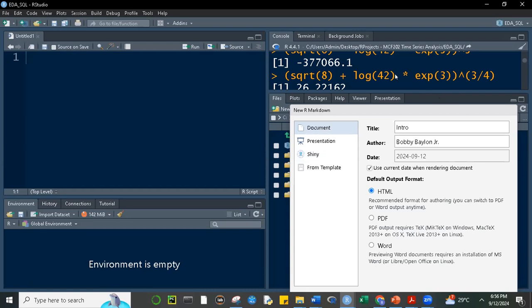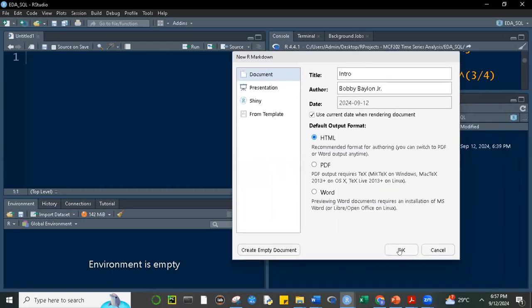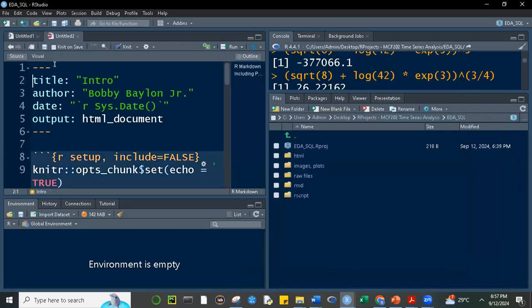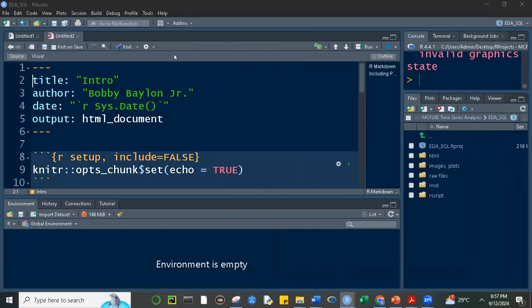Okay, so with this, I'm going to click OK and try to see what happens here. All right. Now an RMarkdown is generated, and an RMarkdown is totally different from an R script. Notice first of all that you have your 3 dashes, and then the title, which I wrote a while ago, and then the author, and then the date. Notice that the date is not